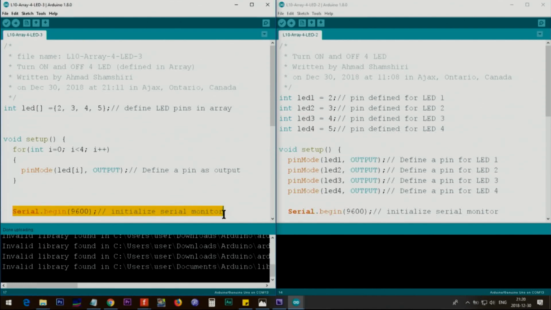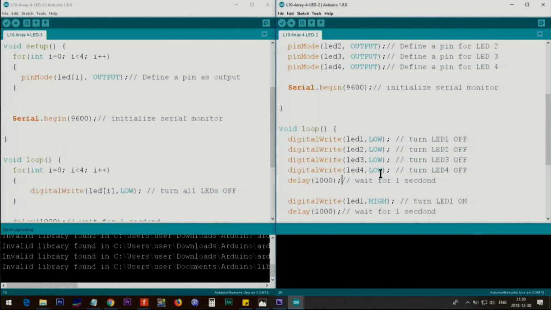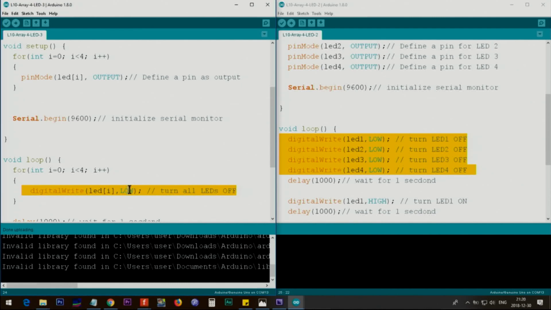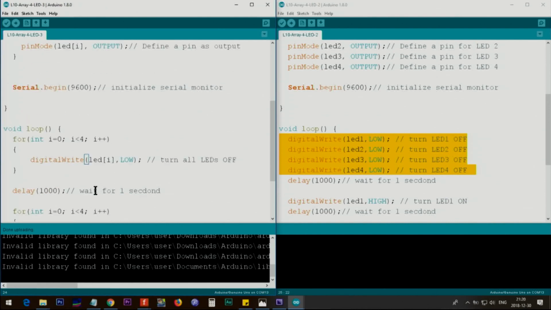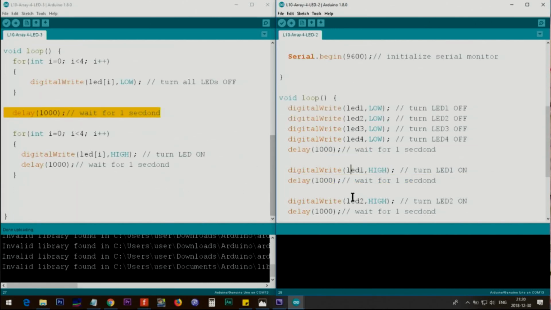After that we initialize the serial monitor, same thing here, and here we have to turn off all the LEDs. With a for loop we just do one line, and from 0 to 3 we set them low. After that we wait for a second, and this is the code that is